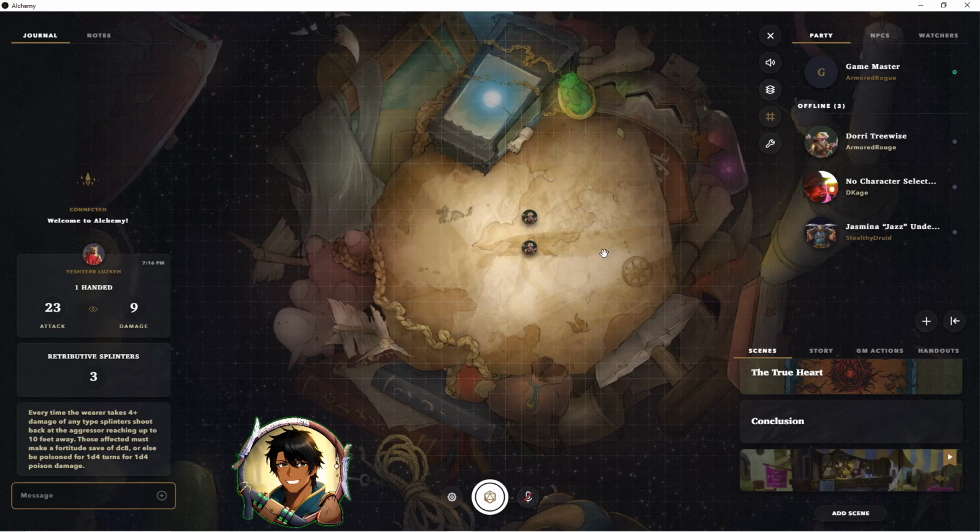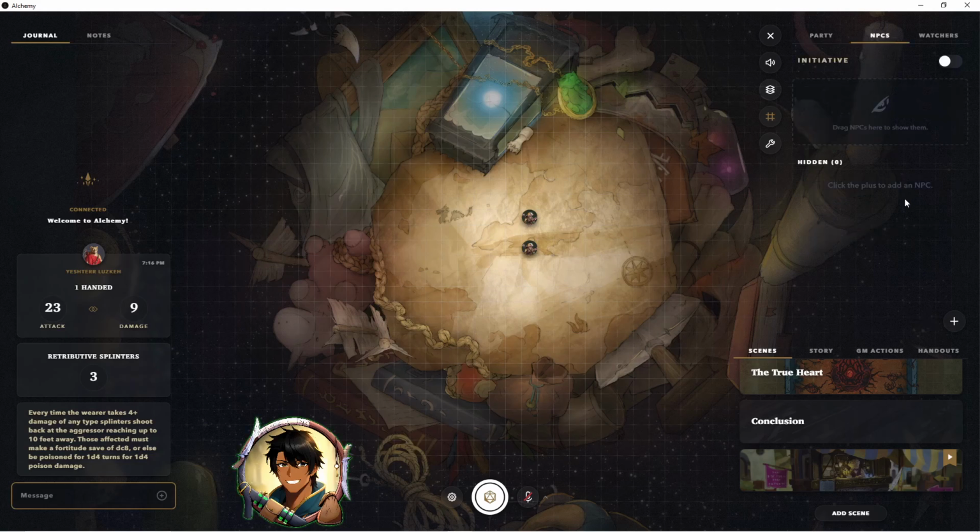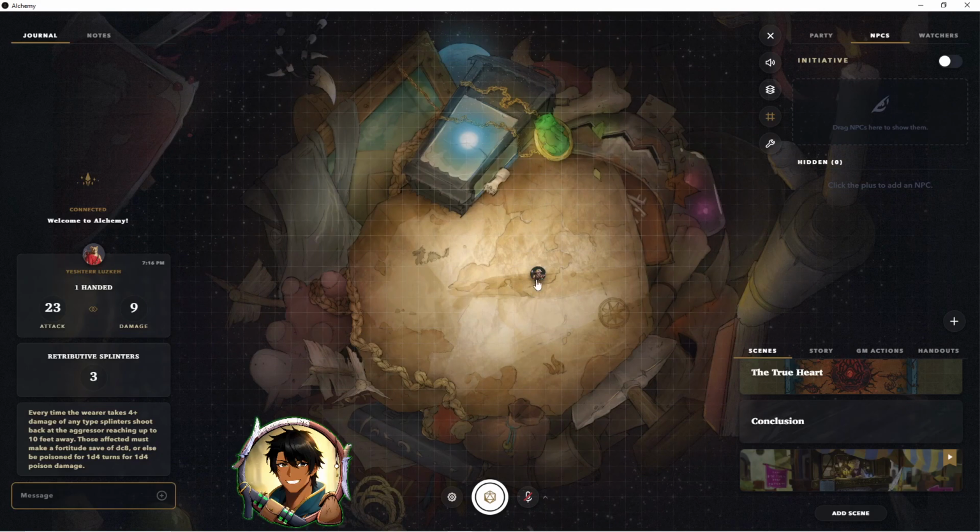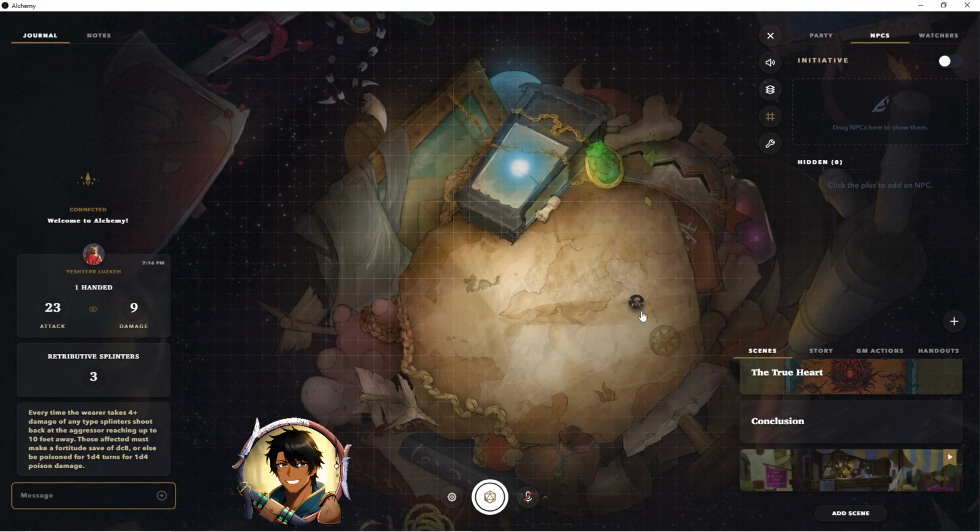So if you want to add a bunch of bad guys, and you try adding a bunch of tokens from one character sheet, you're gonna have a hard time keeping track of all those health bars on one character sheet, because every token would technically have the same HP. So that's a bit awkward. When you have the grid on, it automatically snaps to grid. But if you turn it off,